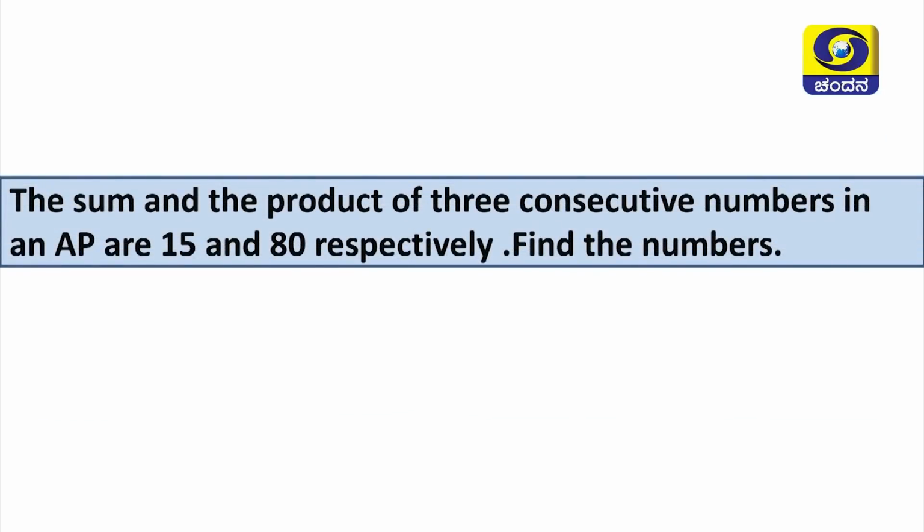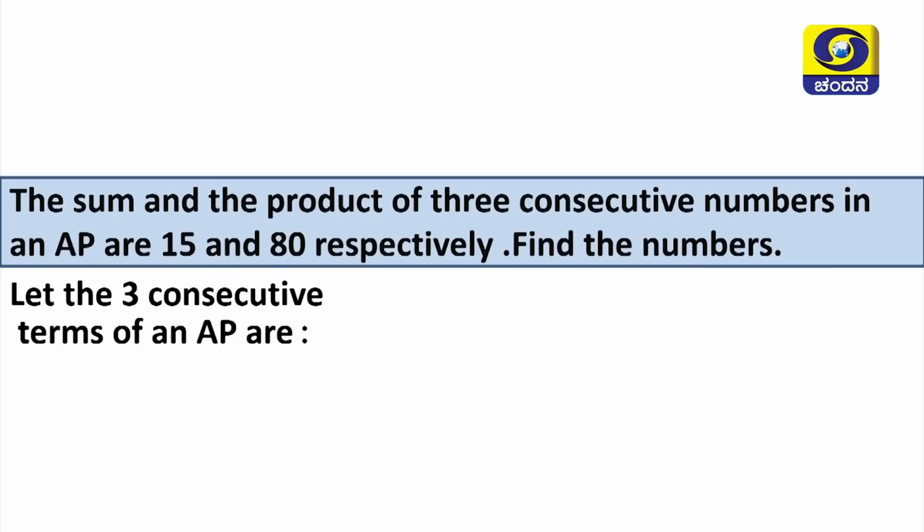Now, what I do is, I will construct a problem from that knowledge. The sum and product of 3 consecutive numbers in AP is 15 and 80. You remember 2, 5, 8, add 15. And product is 80. 2 into 5 into 8 is 80. Find the numbers. What happened? I gave you the numbers 2, 5, 8. But on the day of the examination, this is the problem they gave you.